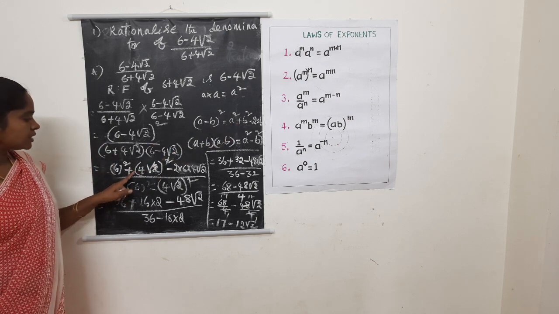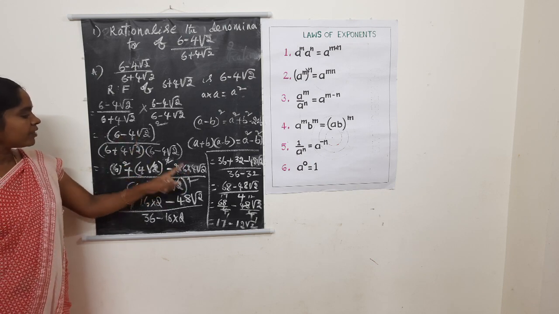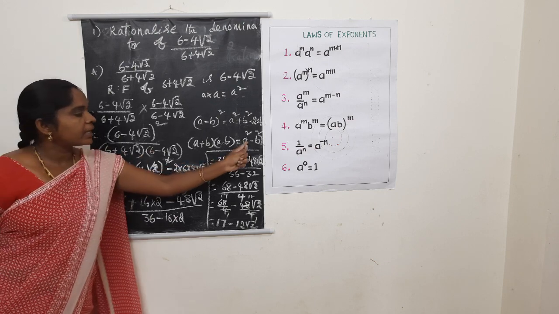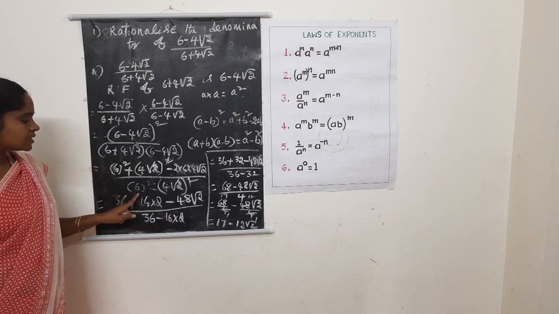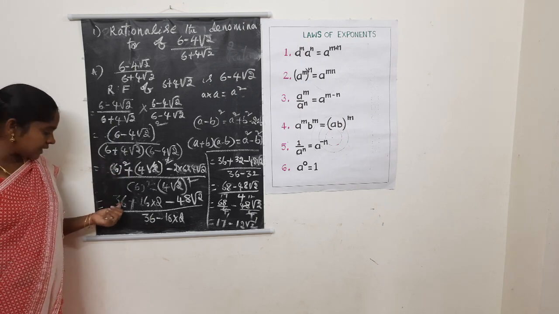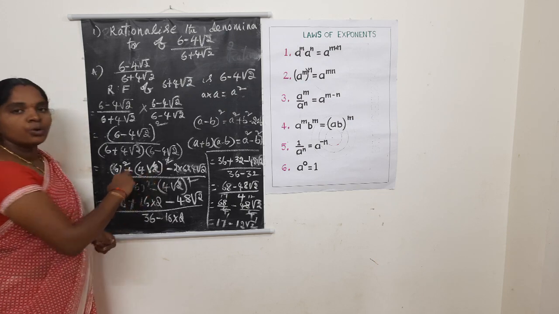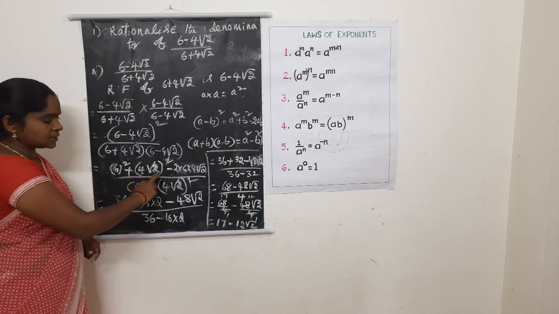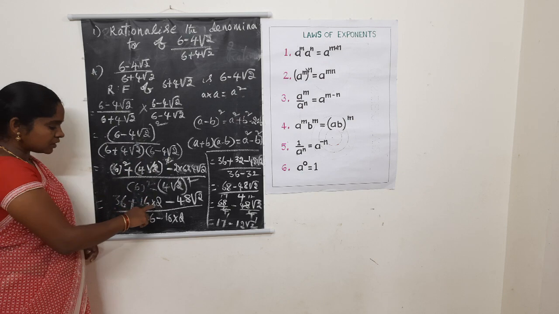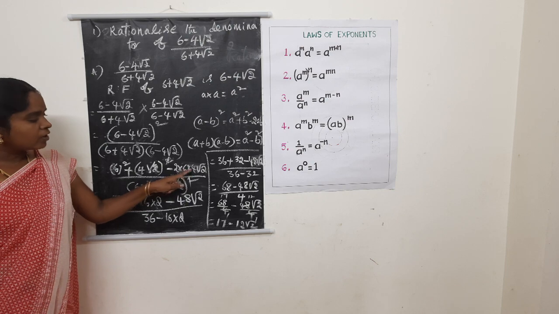So we can apply this formula: 6 square plus 4 root 2 square minus 2ab. 2ab means 2 into a; the a value is 6, the b value is 4 root 2. Then we apply a square minus b square: a value is 6 square minus b value is 4 root 2 whole square. So 6 square means 36 plus 4 root 2 whole square. This square belongs to both numbers. So 4 square means 16. Root 2 square, square and square root cancel, so 2, minus 2ab: 2 sixes are 12, 12 fours are 48.